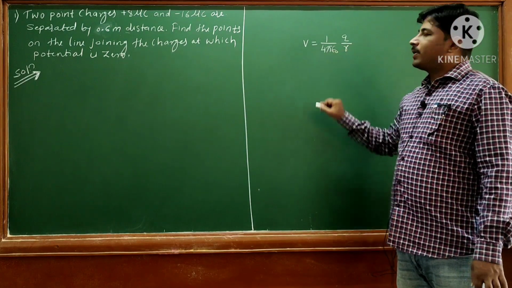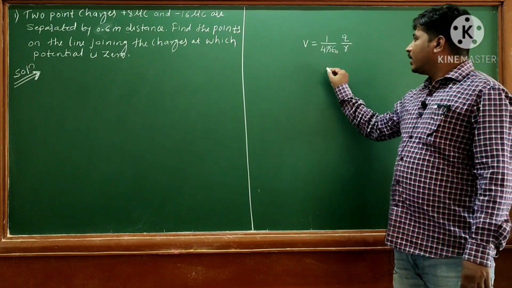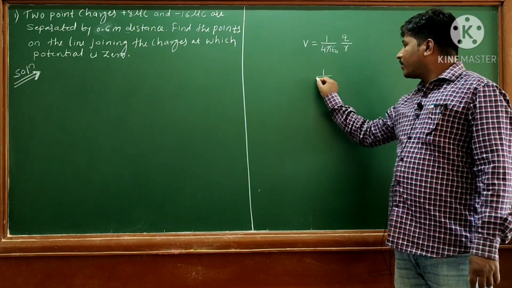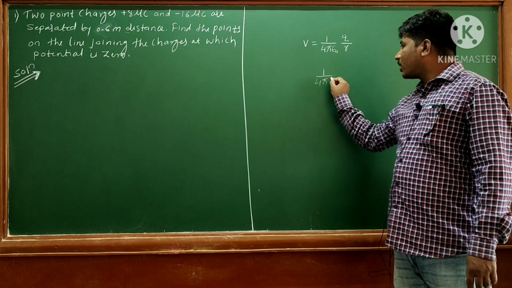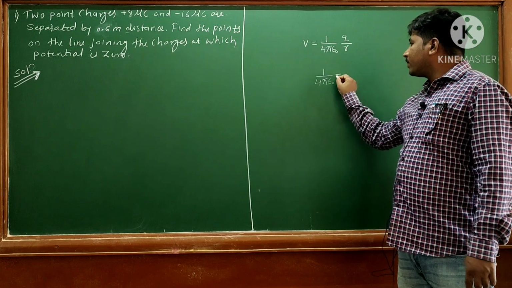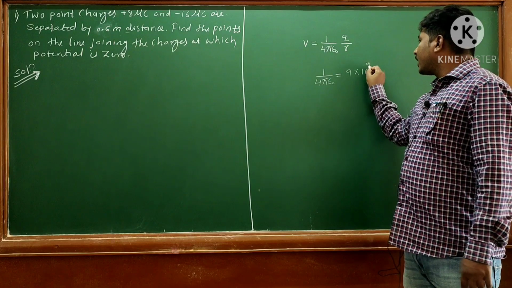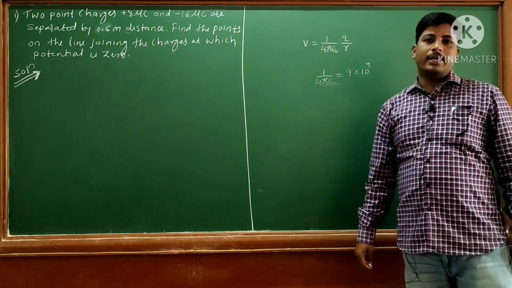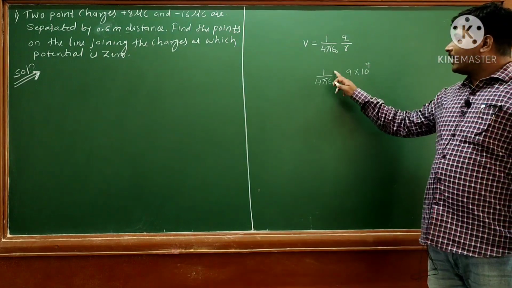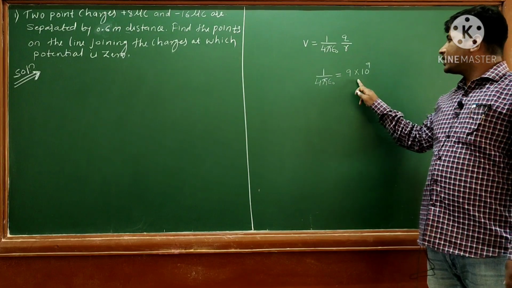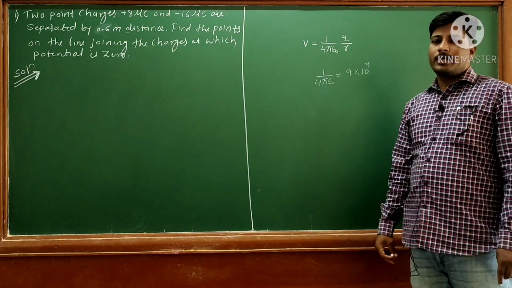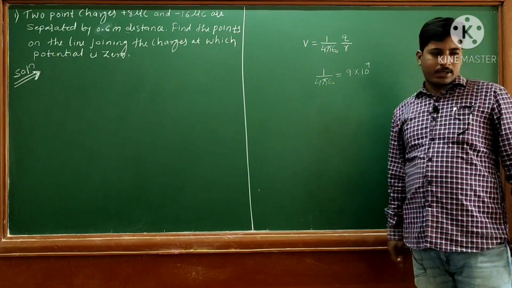The 1 by 4 pi epsilon naught is a constant, and its value should be remembered, that is 9 into 10 to the power 9, which we have studied in the first chapter. The value of 1 by 4 pi epsilon naught is 9 into 10 to the power 9. So students,